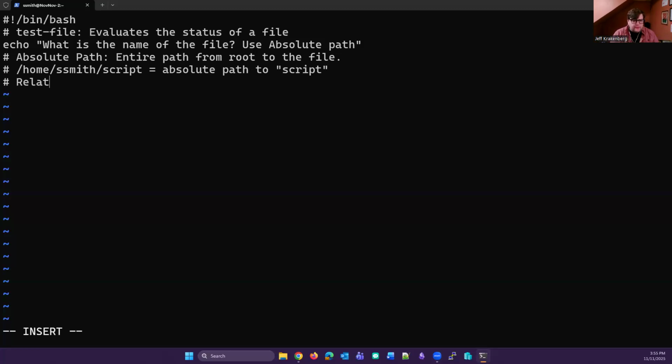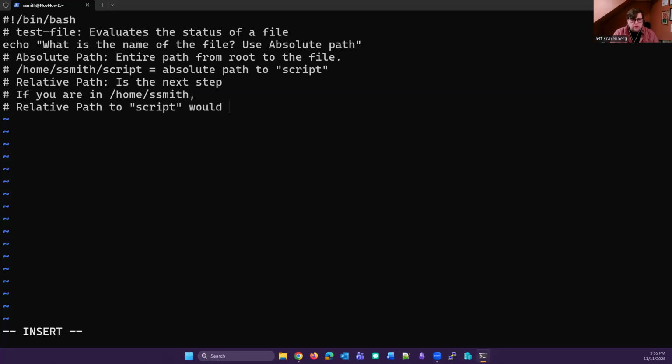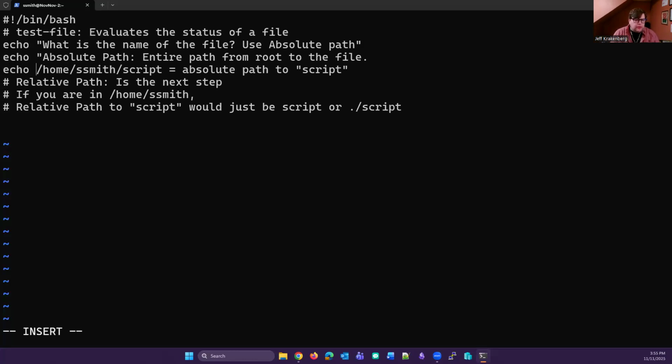Whereas the relative path is the next step. So if you are in /home/s/smith, the relative path to script would just be script or ./script, because the dot symbolizes the current directory. So that is a bit of an explanation of what that absolute path means. And I'm going to add that in as an echo so that we can have a reminder as we're going through. I'm not going to put the whole thing in, but